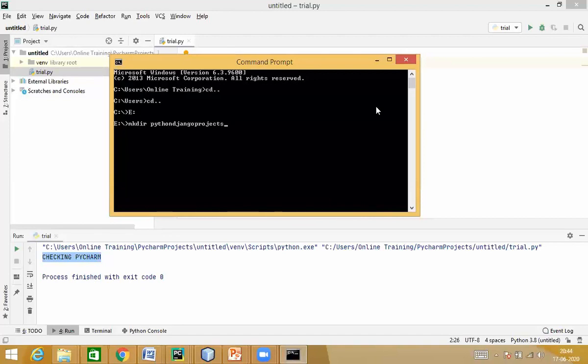You can create it with whatever name you want. I've gone with Python Django projects. It'll create that folder. Then I'll enter that folder. I'll write cd. The command is change directory Python Django projects. Enter. So I've entered that particular project.